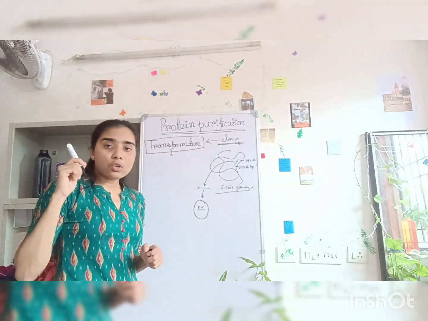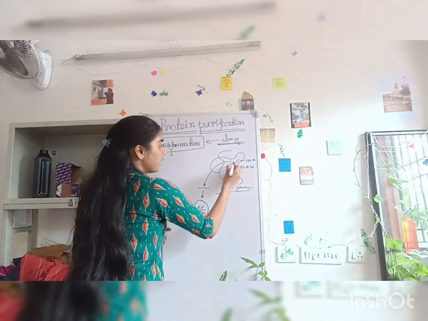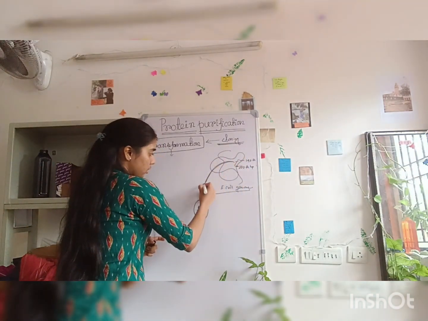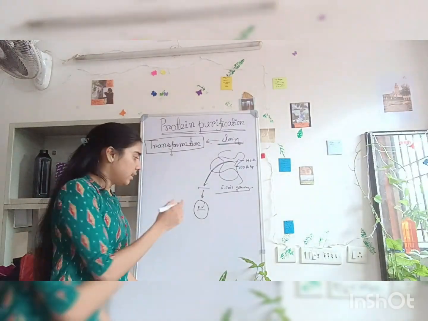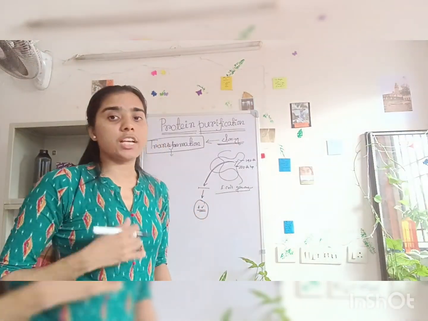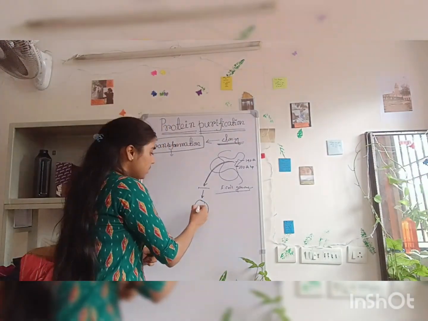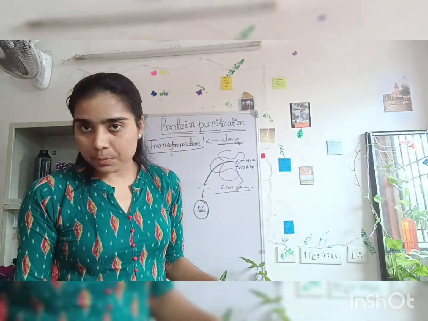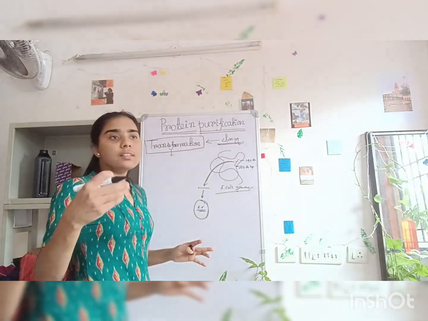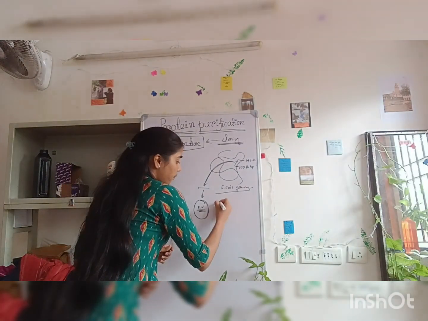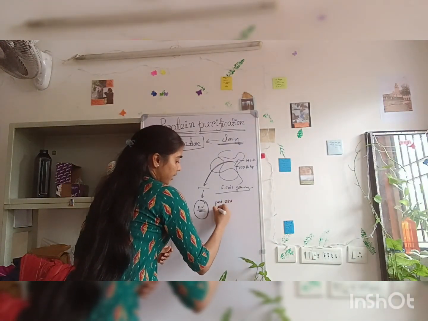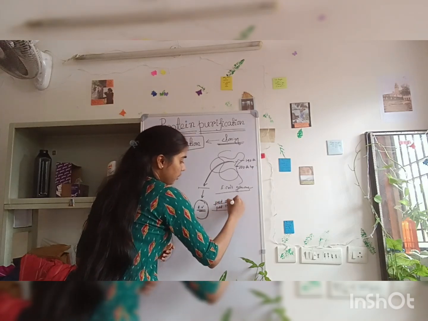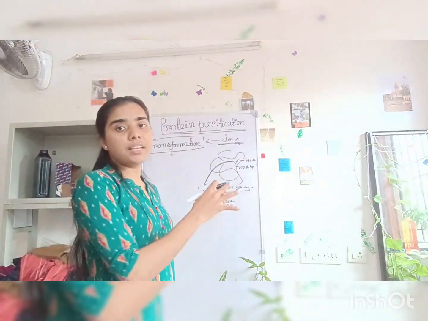Now in the cloning stage, we will take this gene out from the whole genome, and we will put this gene in an expression vector, because we want to express that protein. We have multiple types of expression vectors. Let me say some names: pET28a, pET15b. These are the expression vectors we have in our laboratory.